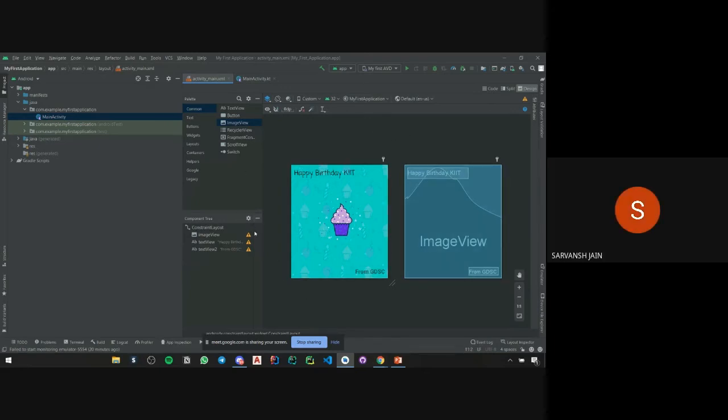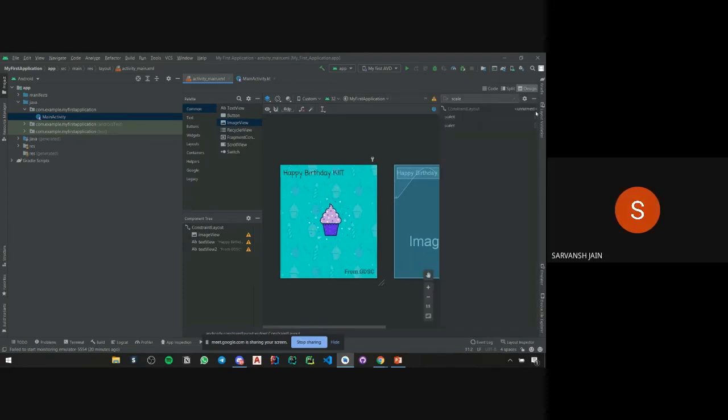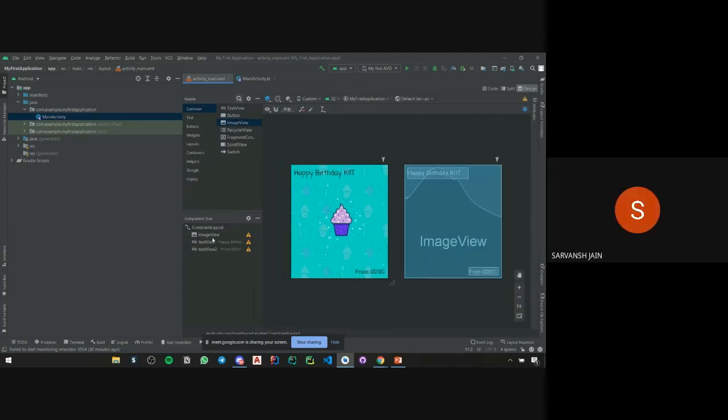Go into attributes. First select image view from this, as we want to edit the image, and go into attributes.